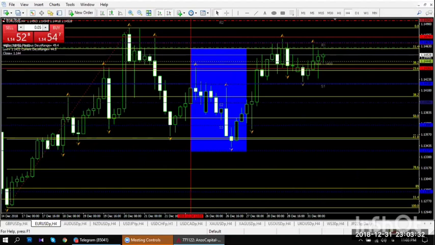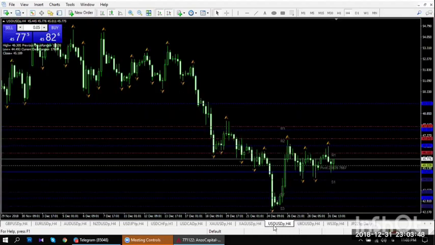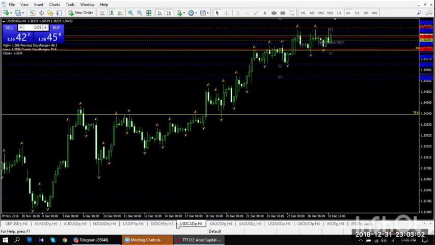So if euro dollar goes up, NZD USD will go up as well, because the second pair in all of them is the same. But if the first pair or the base currency is dollar, they will be the opposite of each other. For example, euro dollar is the opposite of